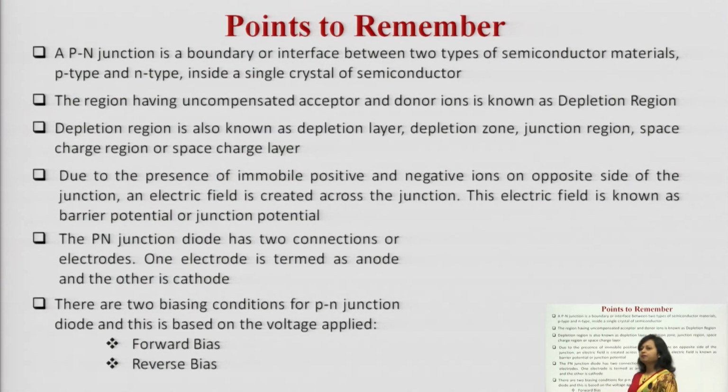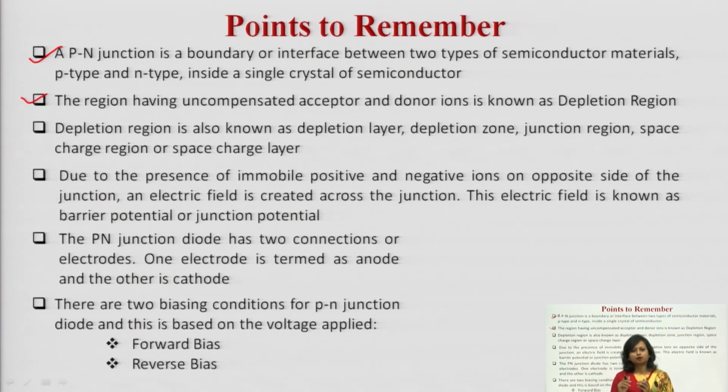There are some important points which I have discussed in today's session. You must remember all of those points. First, you have to understand the PN junction, then we have discussed the PN junction diode. What is a PN junction? A PN junction is a boundary or interface between two different semiconductor materials. When you have joined a p-type semiconductor with n-type, then a junction is formed, a boundary is formed, and that is a PN junction.